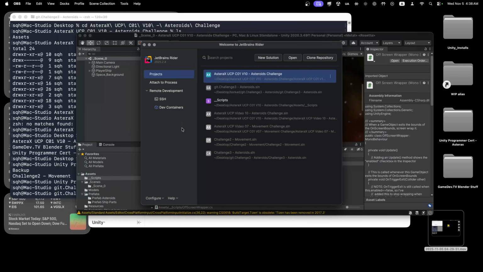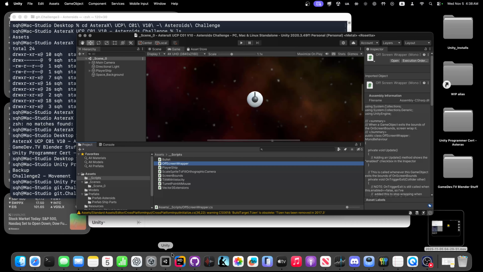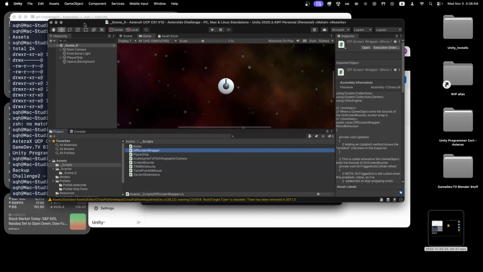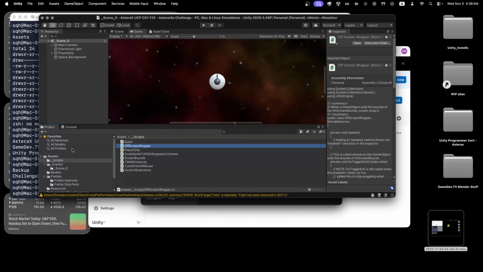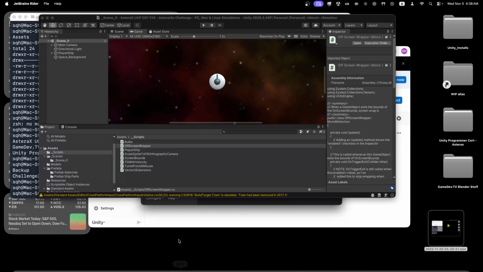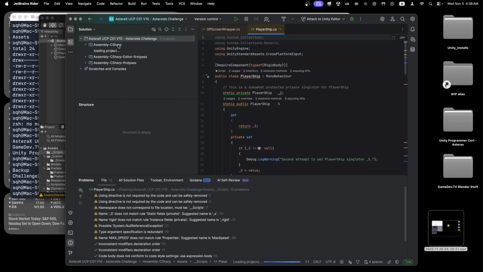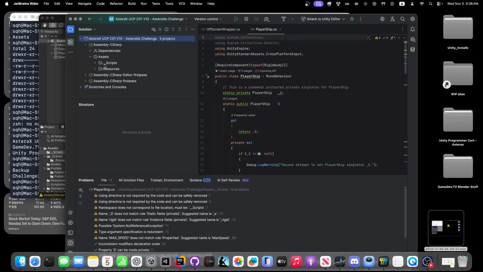Okay, so this is the second part of what we were just working on. So let's go back into Unity. And what I want to do here, when we look in Rider at the solution, we see that we have this Assembly-CSharp, which is where all of our code is currently